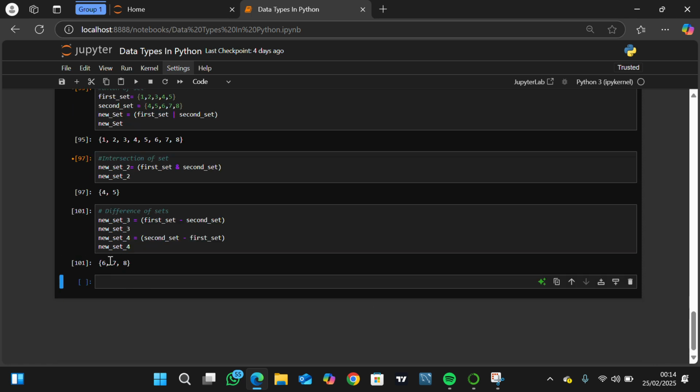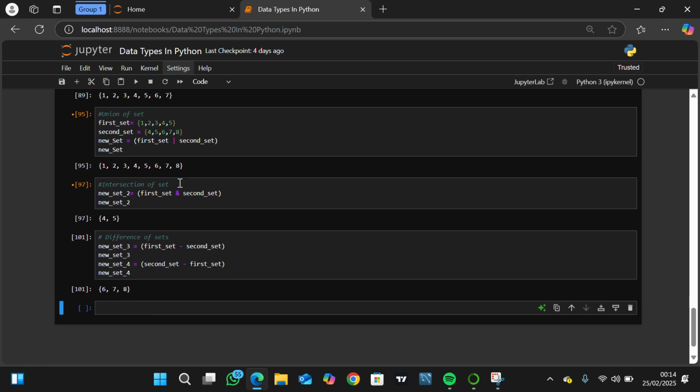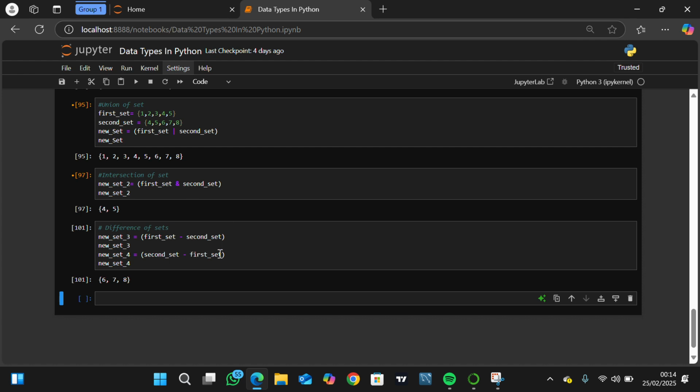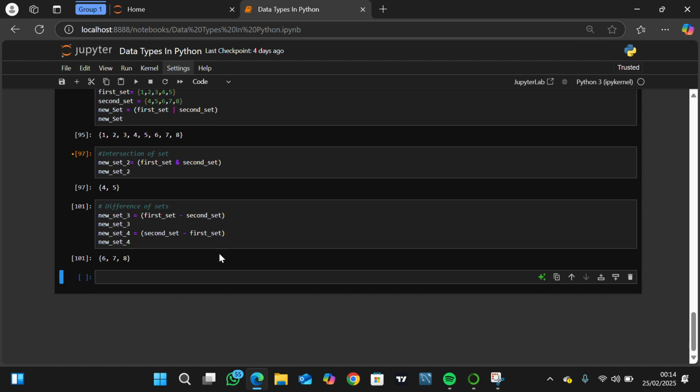I can see 6, 7, 8. 6, 7, 8 is in the second set but not in the first set. And then there's this one that you cannot see in both of them at the same time. So let's call that new set 5. New set 5. So we use the